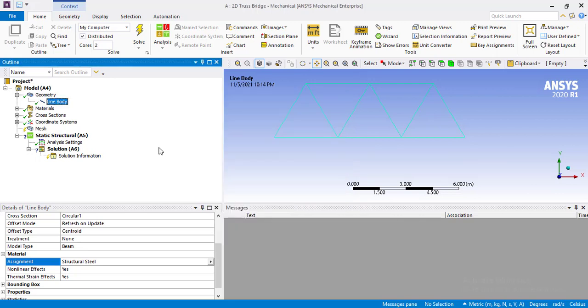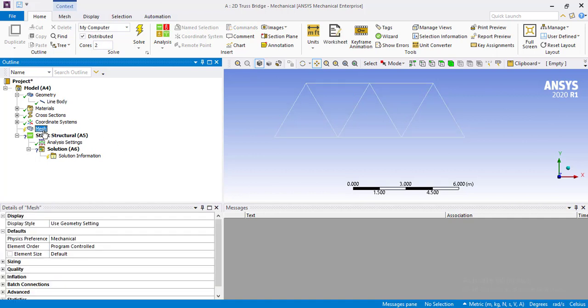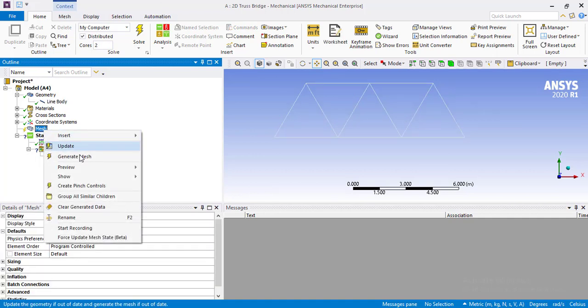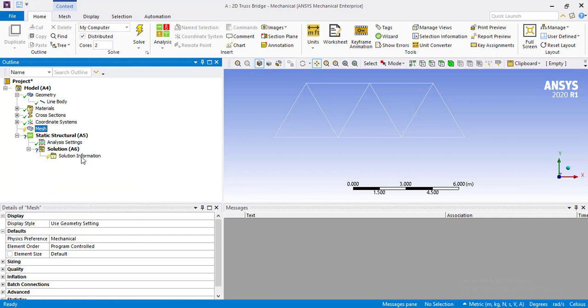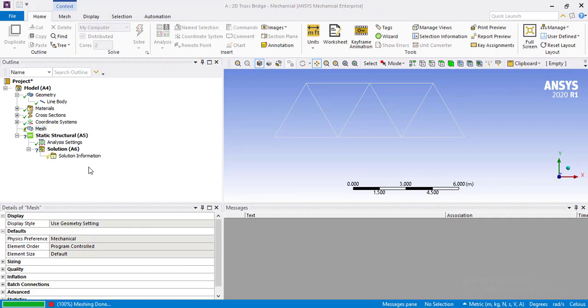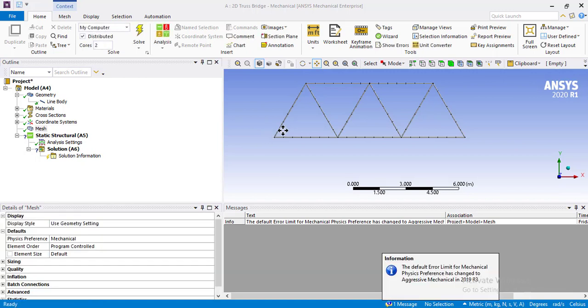We will let it remain structural steel. You can select one by one each material and run the simulation for it. Now go into the mesh, right click on it, press generate mesh. The mesh will be generated throughout this geometry, which you can view by these dark points.